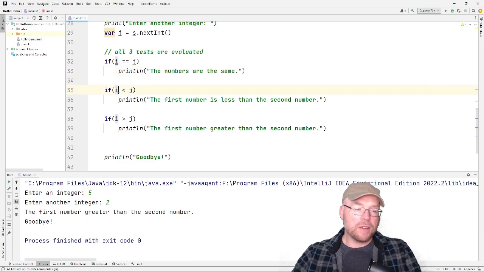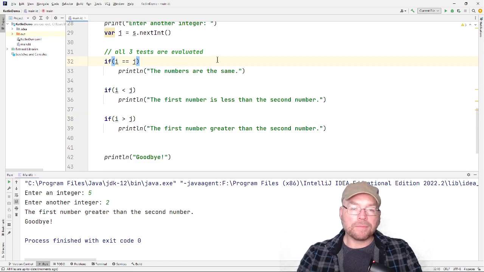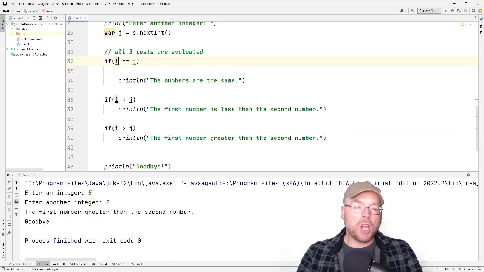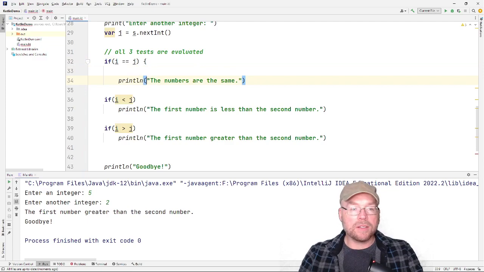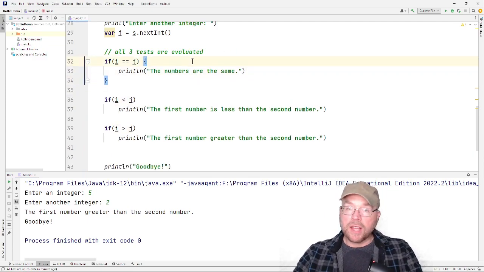No, because 5 is not less than 2. This is the only true one right here, okay? So you can do that, but you can also use a block, right? So you can do something like this, okay? If you put these in a block, you can leave it just like that, where we only have the one statement, but you can also